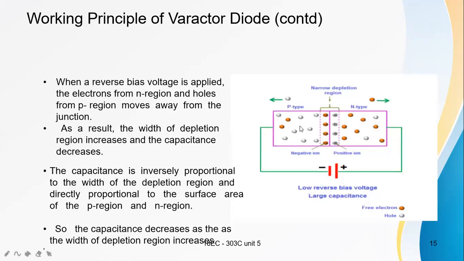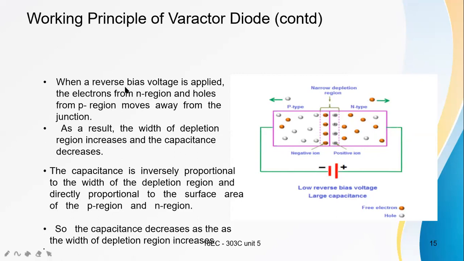See this p-type and n-type semiconductors, how these are doped, means the impurities are added: at the junction the concentration is less, and towards the surfaces the concentration is high. And one more point, varactor diode should be operated in the reverse bias. That means p-type semiconducting material is connected to the negative terminal, and n-type is connected to the positive terminal, reverse bias. So when the p-n junction is in the reverse bias, the width of the depletion region is high. This we already know.